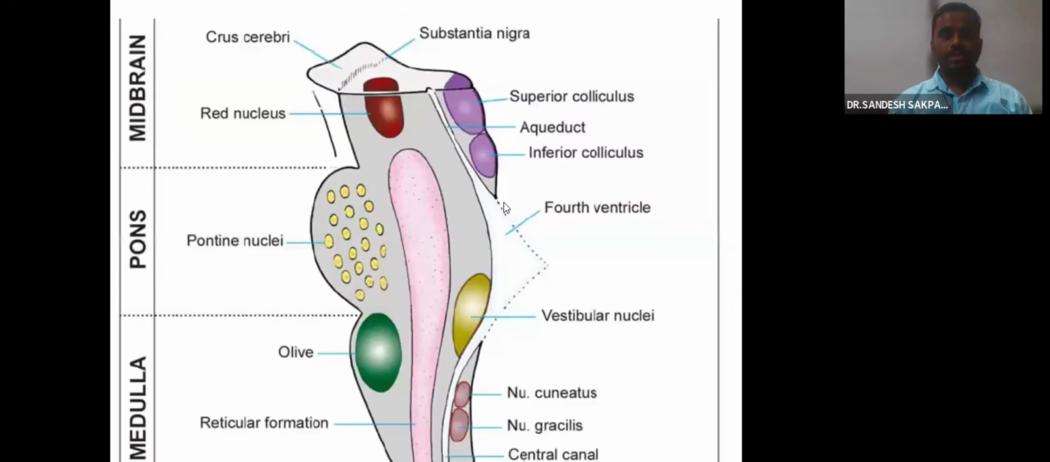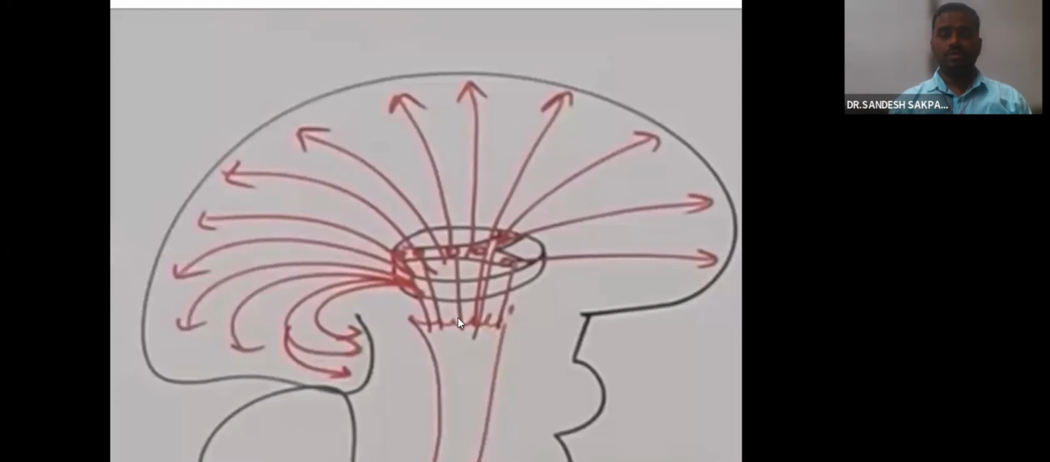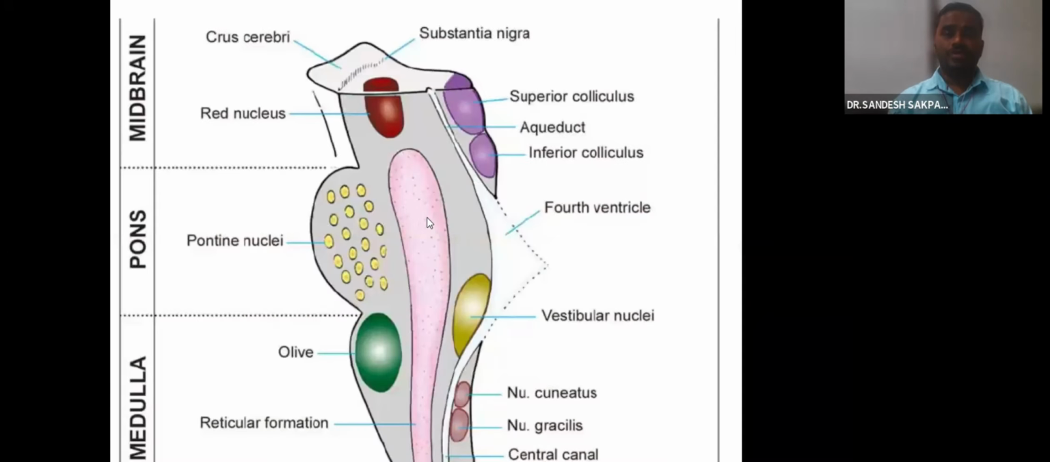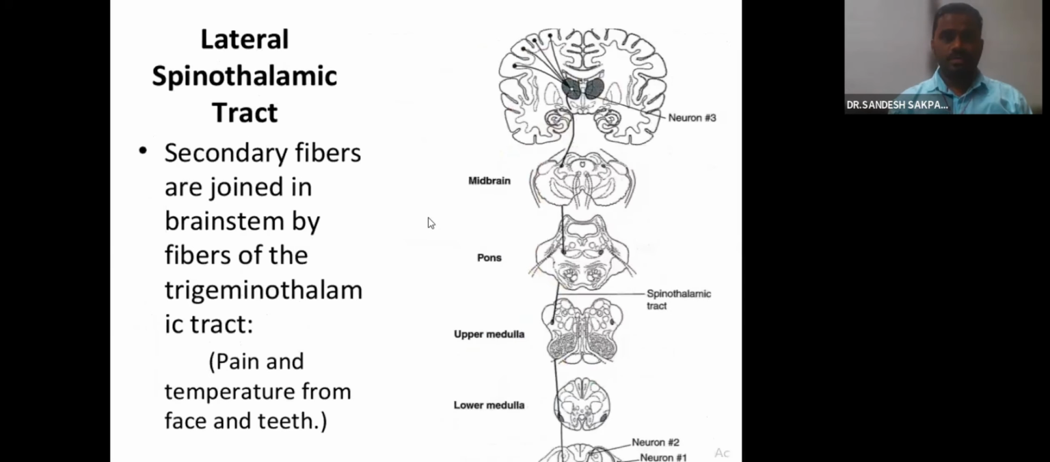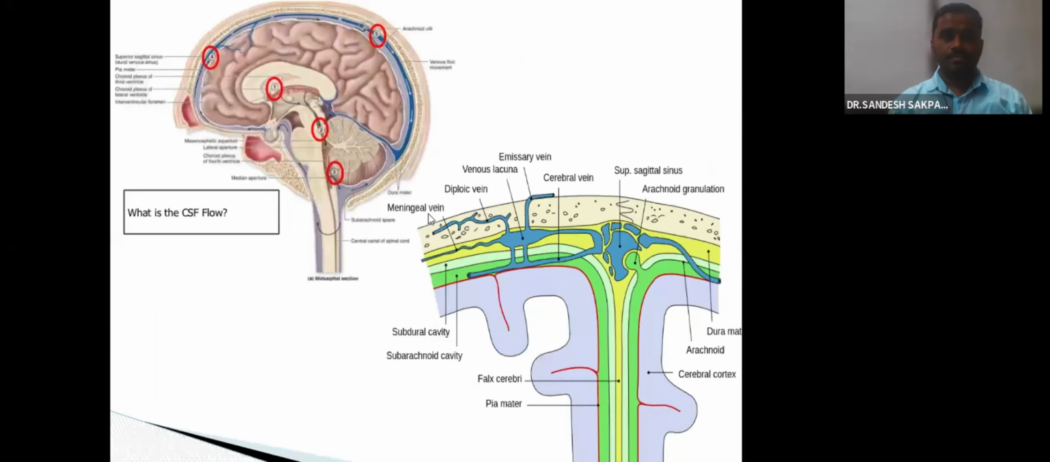Another main structure we know is the reticular activating system, which is present between the midbrain, pons and medulla oblongata, which activates your brain. So it is a switch off and on button of the brain, which gives sensory inputs to the thalamus and then the brain activates. So this is the switch off and on button of the brain, the reticular activating system. Then these are the tracts. I'm just skipping this part. Then we are coming towards the